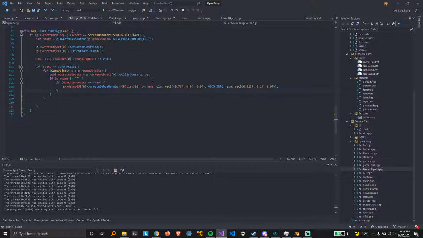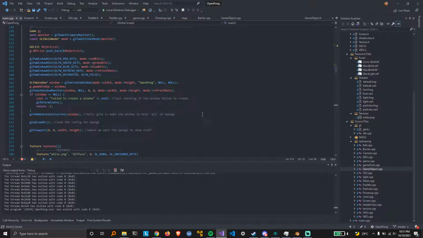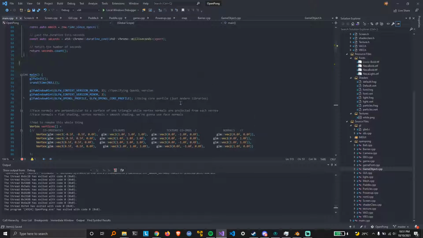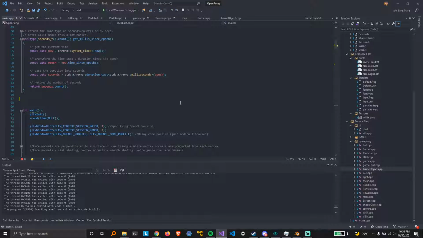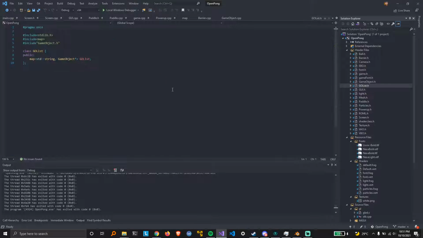So first up was a bit of cleanup. I had to make a C++ map to basically neaten up all my game objects. So instead of doing g.gameObjects 432, all I needed to do was use the map and call a name, and now I get all the properties of the game object. And I actually made a header file here called GameObjectList. It's just a map. I just did this so I can access it universally throughout the whole program,